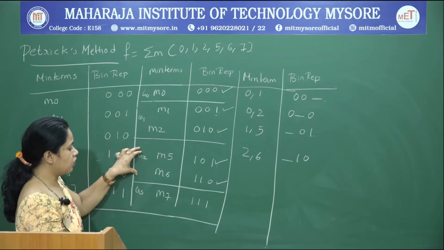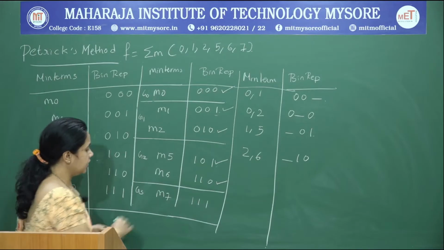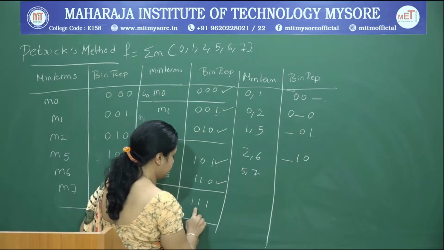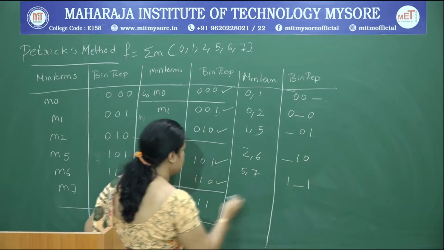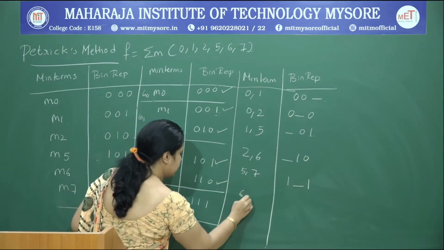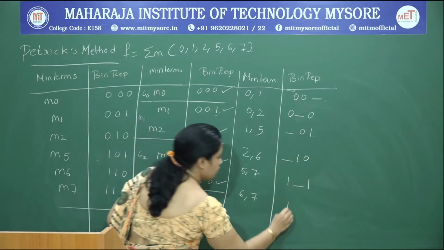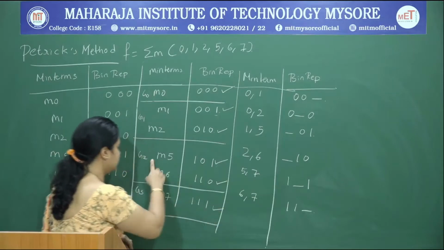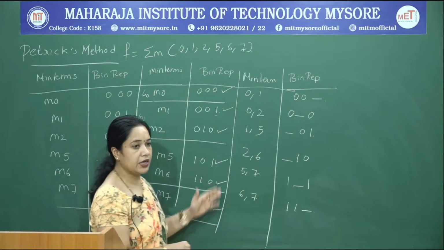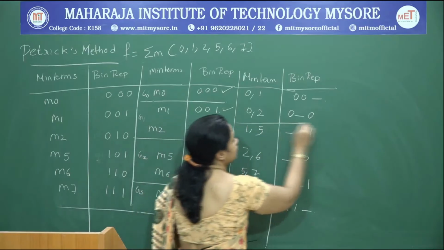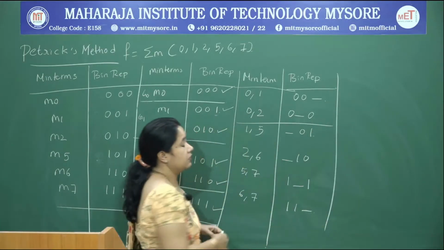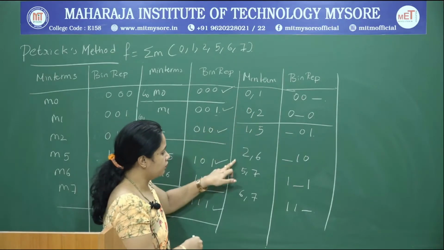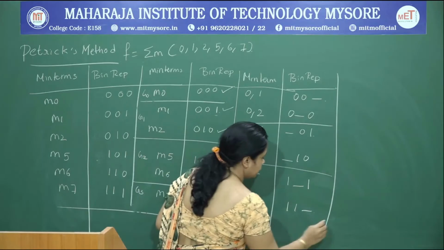Now I am done with comparing all minterms of G1 with G2. We will continue to compare all minterms of G2 with G3. So compare M5 and M7. Yes, it varies by 1 bit position, and this bit position is represented by a dash. And 6 and 7, yes, it varies by 1 bit position, dash. Now I am done with comparing all elements of G2 and G3. Now we again sort it into groups based on the number of ones in each minterm. So 0 number of ones, 1 number of ones, and 2 number of ones.